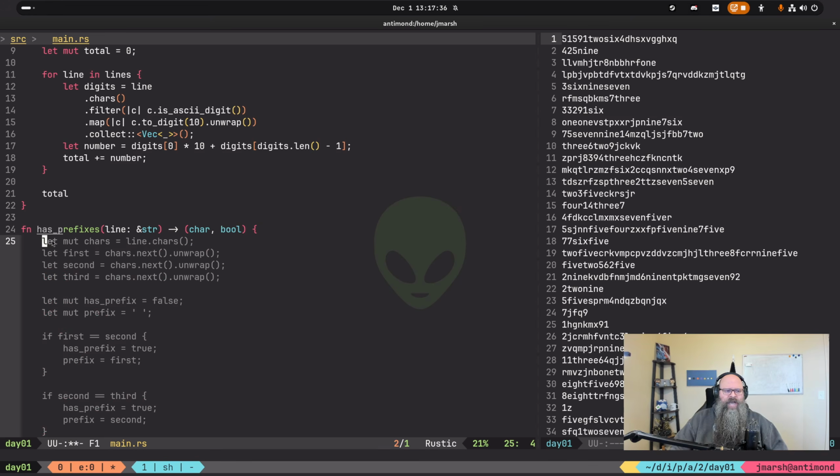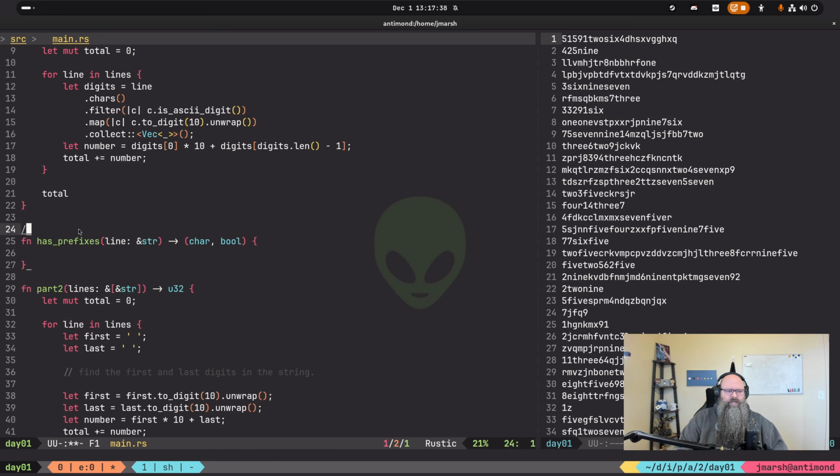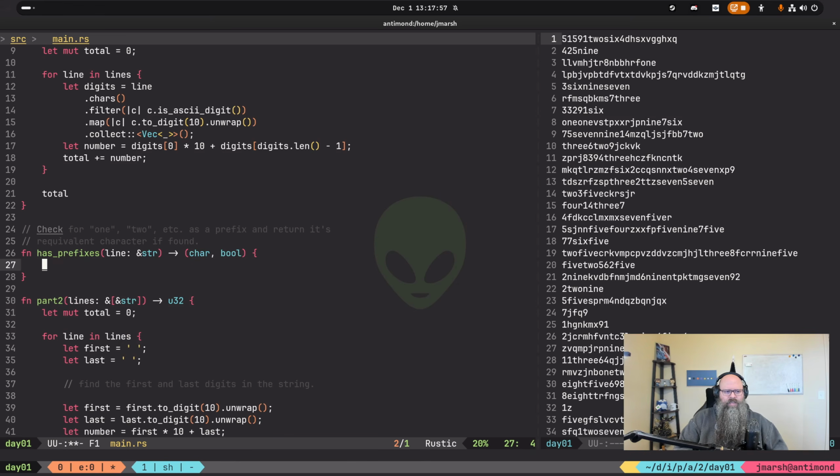So imagine this has prefixes function. What is it going to do? Check for 1, 2, etc. as a prefix and return its equivalent character if found. That is what we're going to do right here, right?